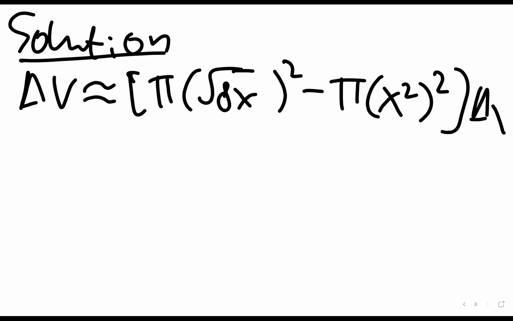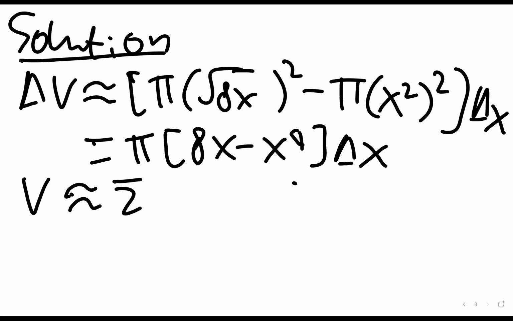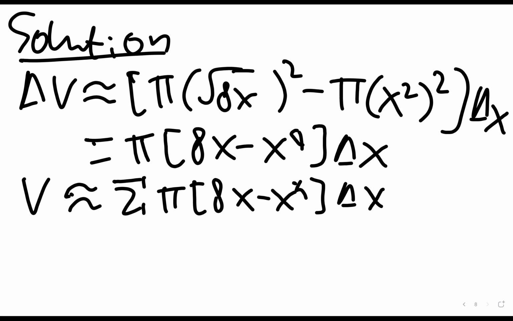And in this case, you will have this equals pi 8x minus x to the power 4 delta x. And in the end, if you take the summation, you will have the summation of pi 8x minus x to the power 4 delta x. And if you take the limit as delta x tends to 0, you will have V equals the integral from 0 until,